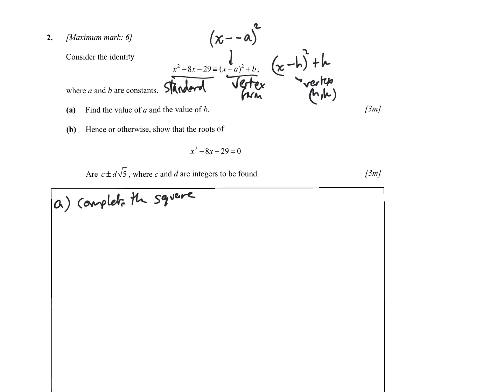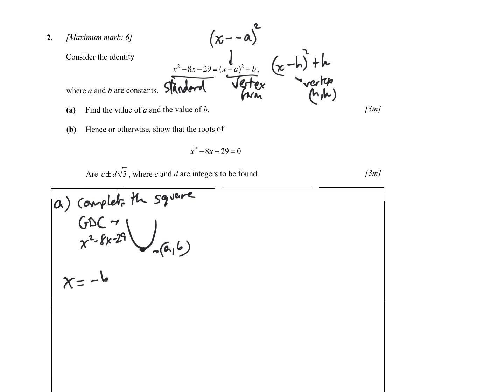Because you had your GDC, arguably you could graph x squared minus 8x minus 29 in the GDC, see what the vertex is, and then that would be your h, k, or your a, b. Or the other option would be that you could